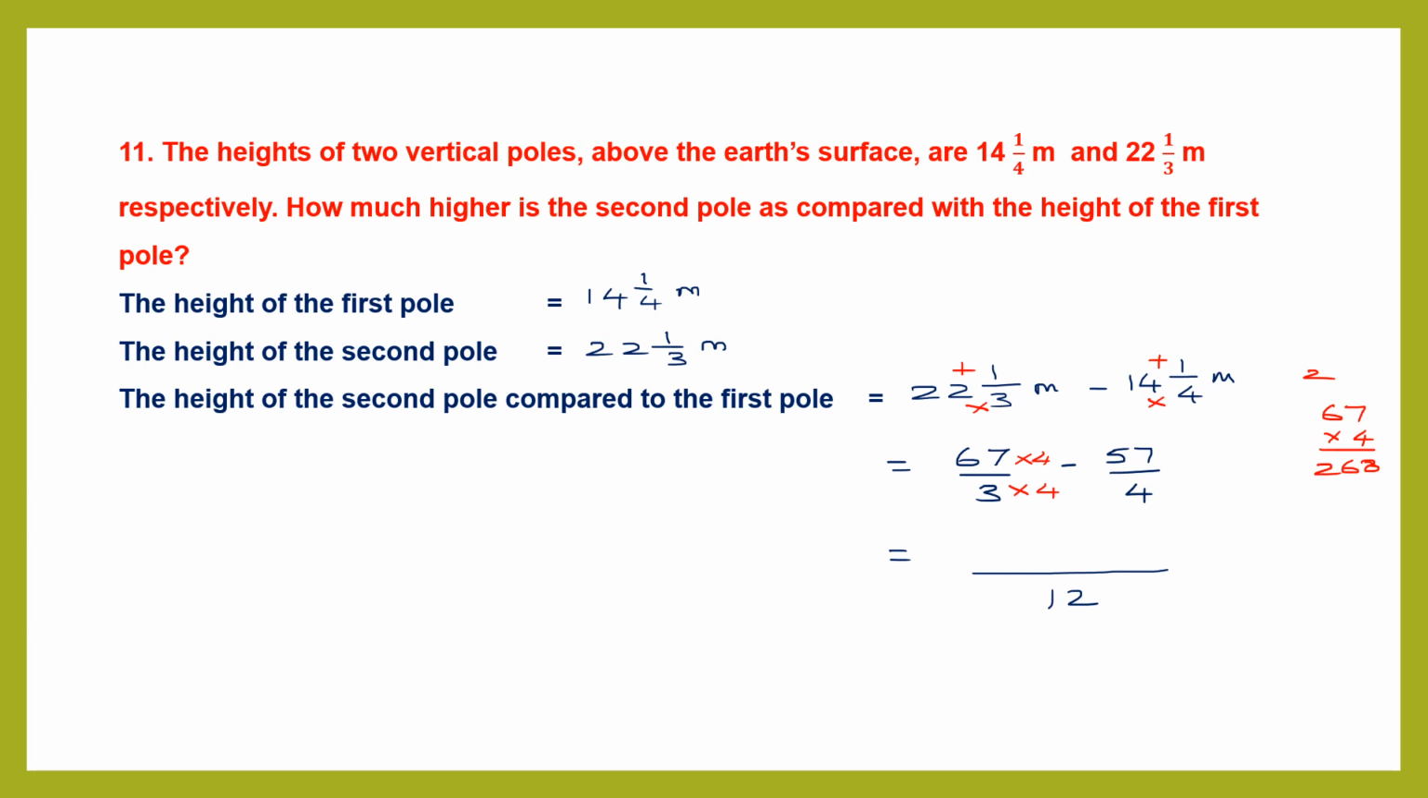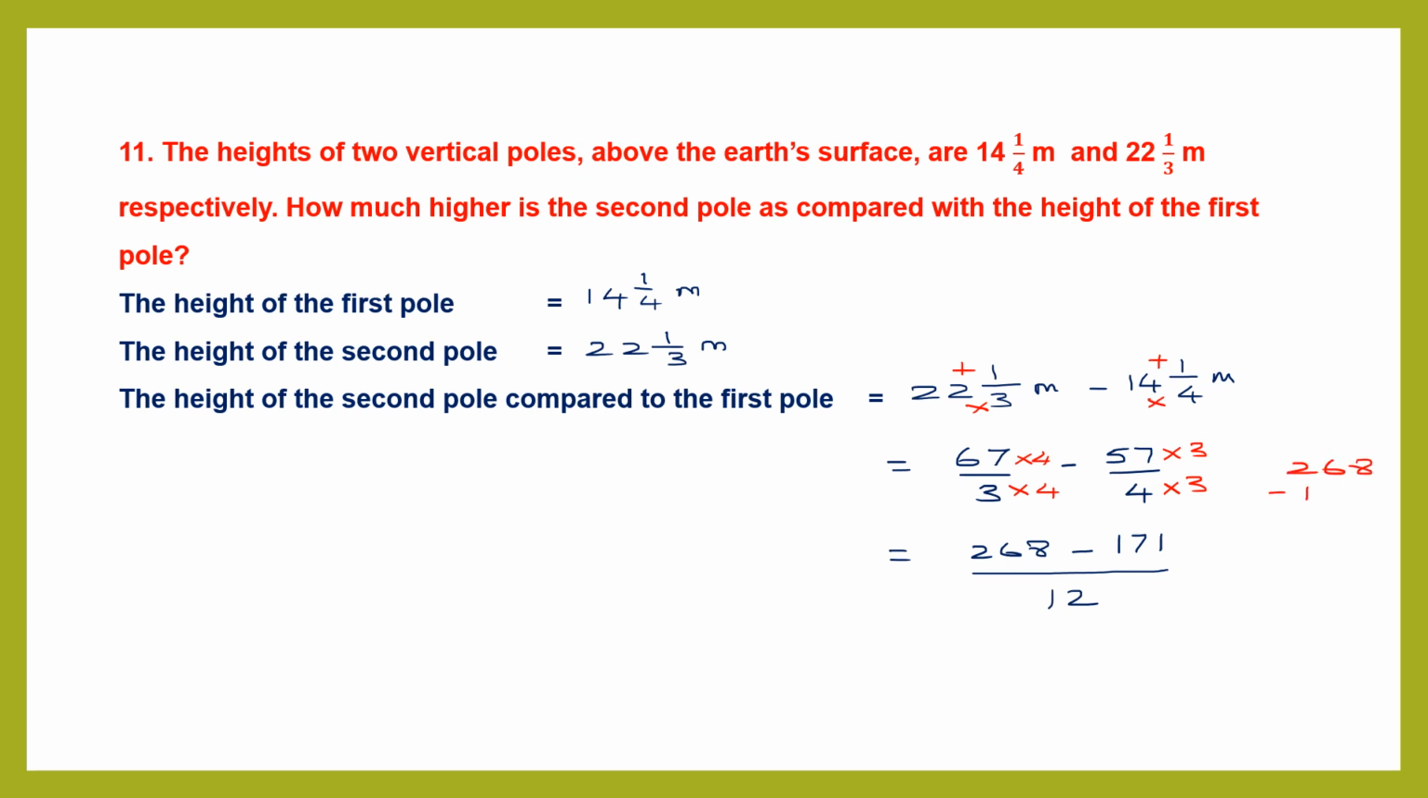So this is 268 minus, now let's go to the second fraction. 4 3s are 12. So 57 into 3. Let's multiply that. 57 into 3. 3 sevens are 21, carry 2. 3 5s are 15, 16, 17. That is 171. So let's subtract